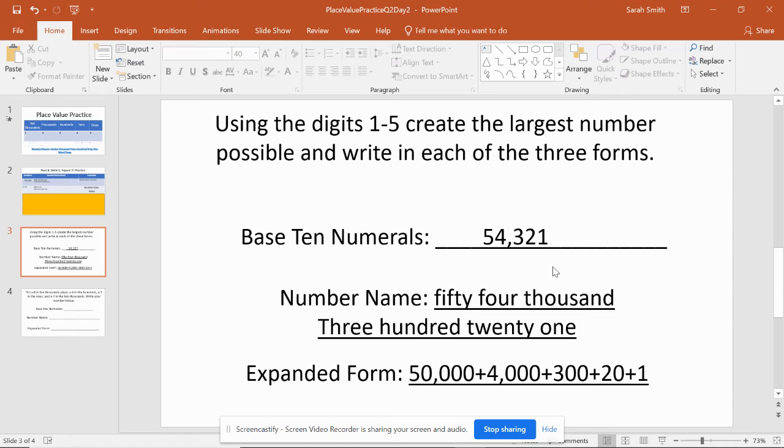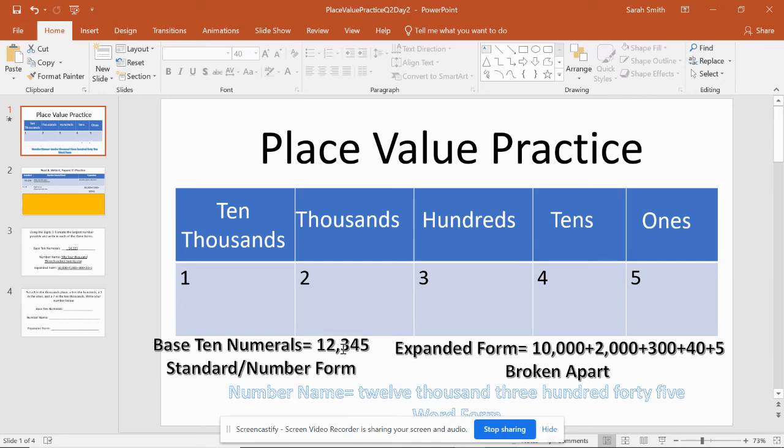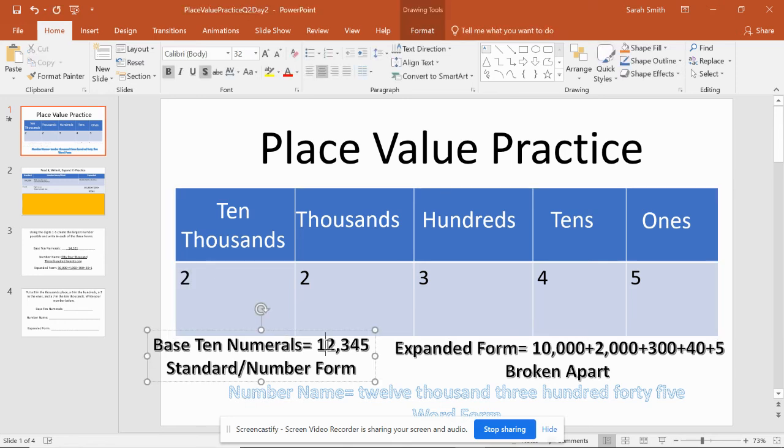All right, so the last thing I want to talk to you about is on the Flipgrid today, you are going to be asked a question where you're going to have to think about the value of a digit. So let me give you an example real quick of what I'm talking about there. If I were to change this to a 2, for example, I'm going to change that to a 2, change that to a 2, and it wouldn't be 12,000, it would be